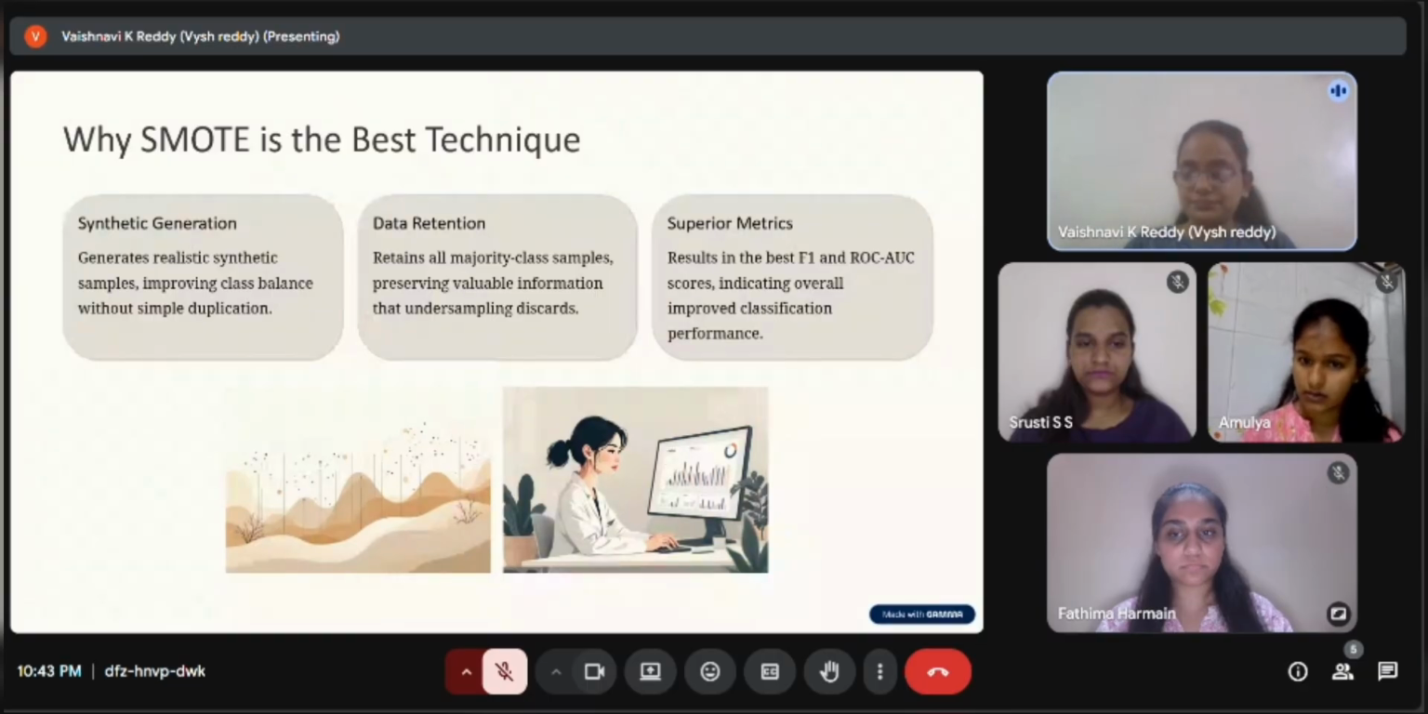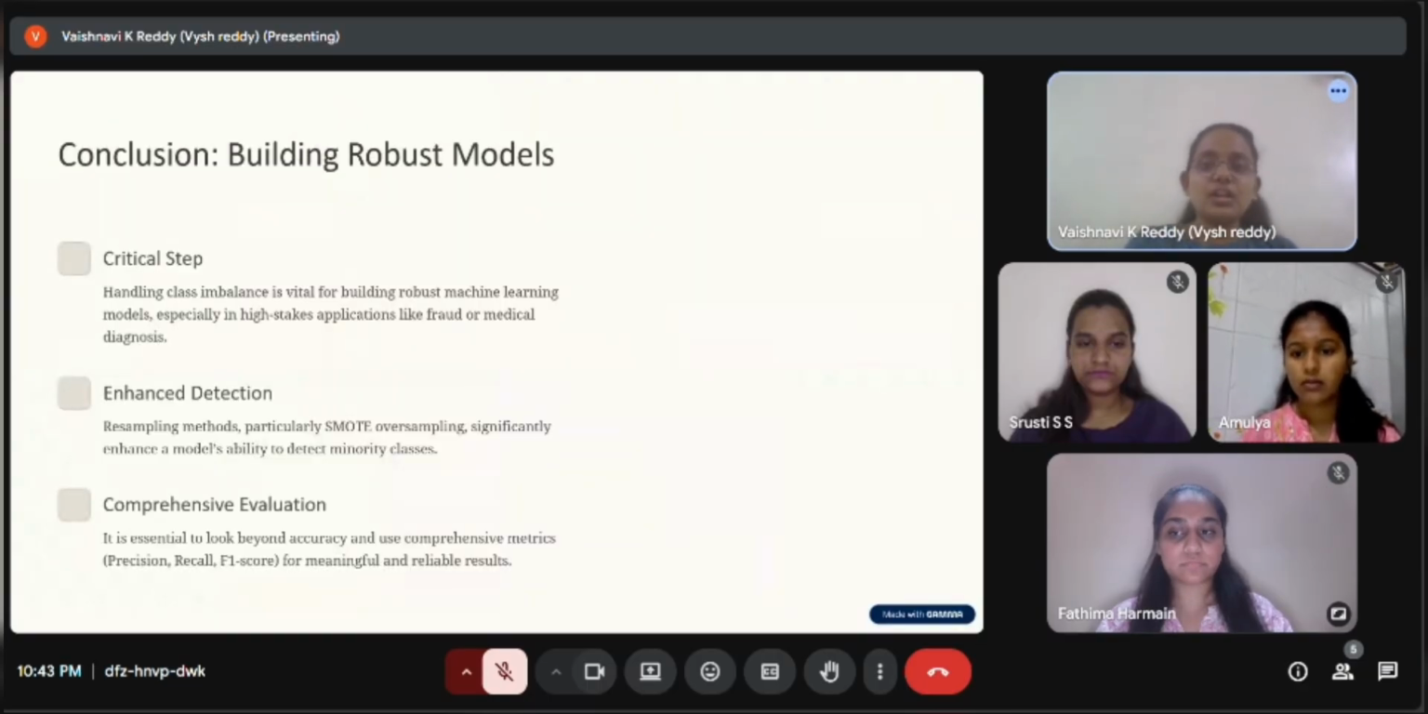And here is the conclusion: building robust models. Handling class imbalance is a critical step in building robust machine learning models. Resampling methods significantly enhance a model's ability to detect the minority classes, which are often the most important in real world scenarios. Among the tested techniques, SMOTE oversampling produced the best performance, improving the recall and F1 score